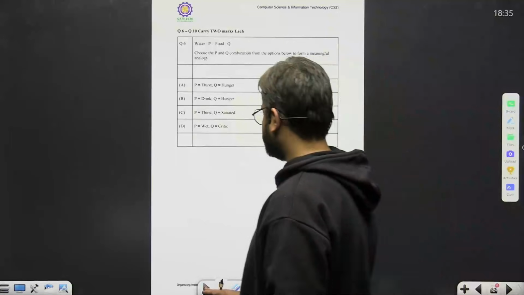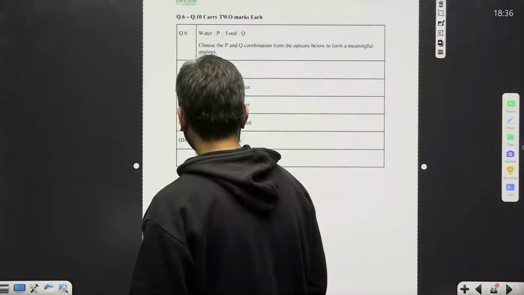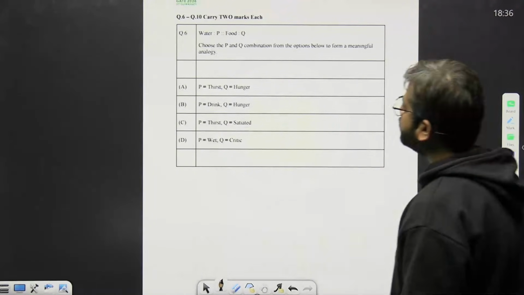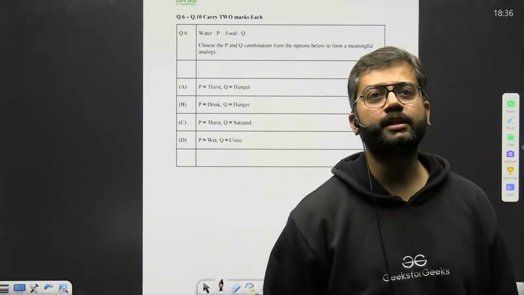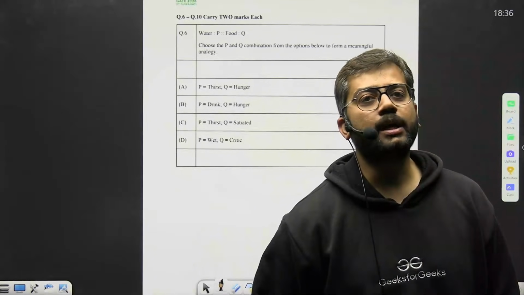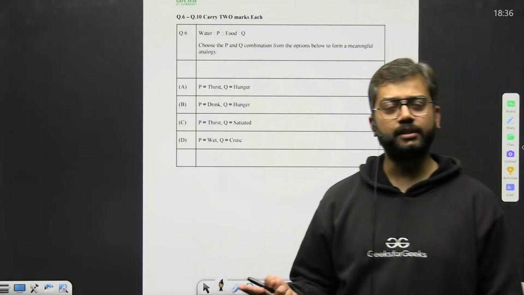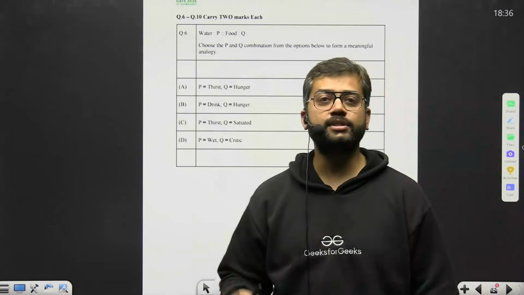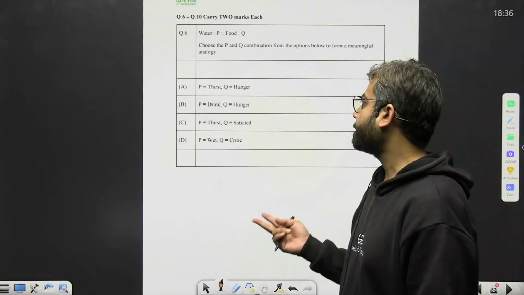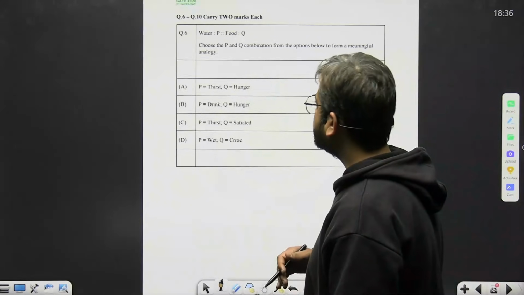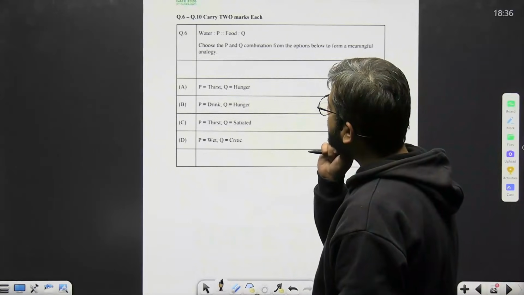ये क्वेश्चन भी इजी था, वही आपका एनालॉगी था, बट थोड़ा सा इन लोगों ने कर दिया, वाटर को पी कर दिया, फूड को क्यू कर दिया। तो पी को अब आपस में इन दोनों को कनेक्ट करना है एक दूसरे से, ठीक है। अब अगर हमने आपस में एक दूसरे को कनेक्ट किया तो हमारा सॉल्यूशन आराम से आ जाएगा। अब वाटर पी, ठीक है, फूड क्यू, तो अब इसके बेसिस पर मुझे इन दोनों आंसर को करेक्ट करना था कि क्या इसका आंसर सही होना चाहिए। अब वाटर से क्या होता है थर्स्ट हो गया, तो क्यू से हंगर हो गया, इसमें कॉम्बिनेशन करना था मीनिंगफुली एनालॉगी का।